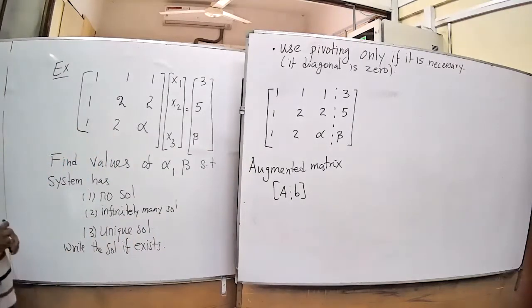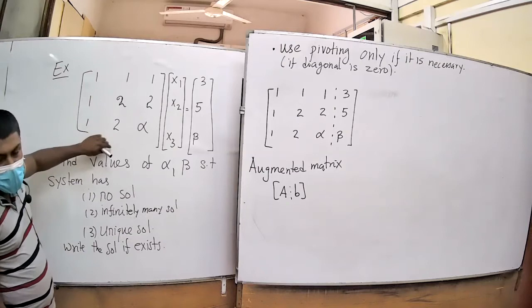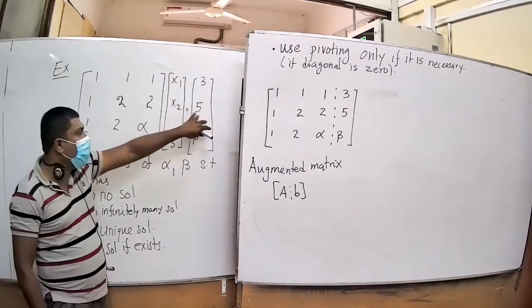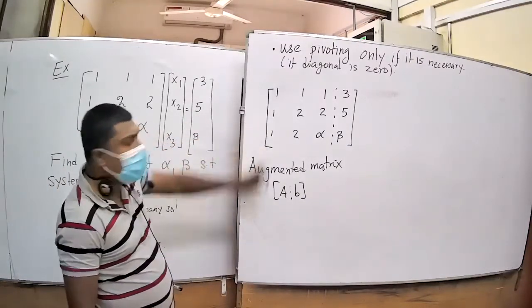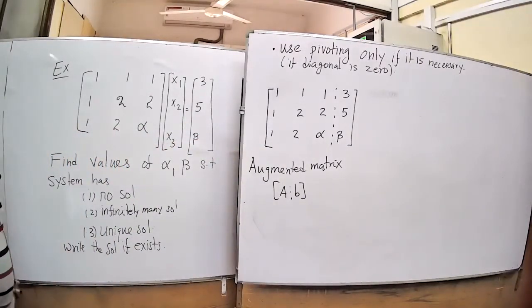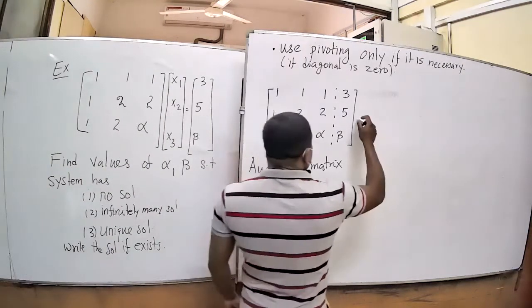This is easy for computation because you don't need to write x1, x2, x3 again and again. You only keep the numbers and then you can do the row operation as you want. So you can do it for everything at the same time. Otherwise, sometimes if you keep it separately and do the row operation, you might forget to do it for B. If you keep it like this, you will not forget, you will keep on doing it for B. So, Gaussian elimination.